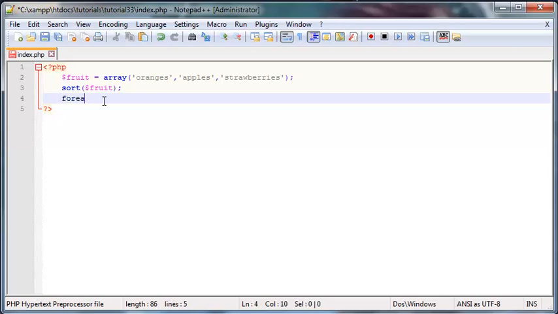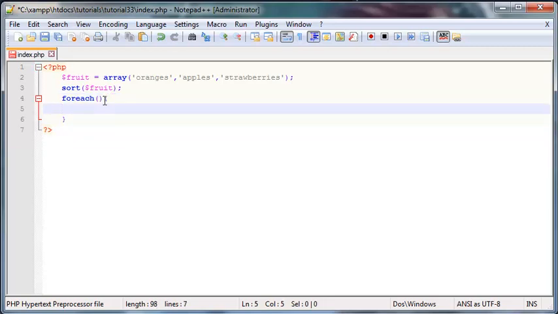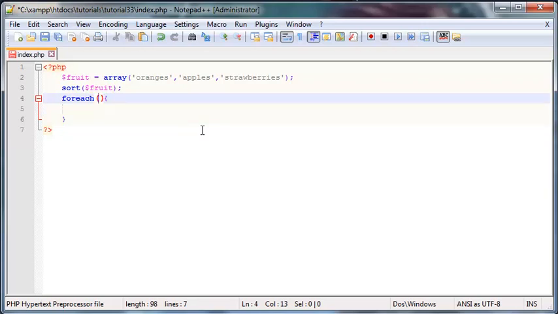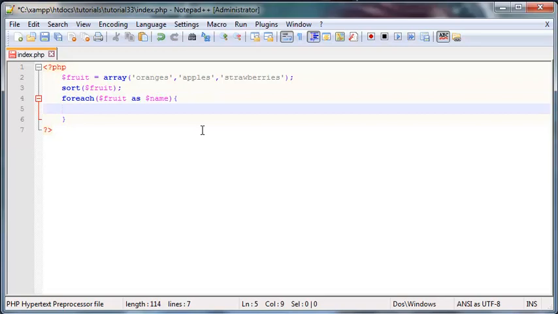So I'm going to use my foreach loop, and obviously we'll just set all that up for now. Okay, so foreach fruit as name, because we're going according to the name of the fruit. Then we'll just echo out the name, and we'll just append on a break tag as well, just so that everything appears on a new line. I suppose I could also use the new line argument, but hey. Okay, so now that we've saved all of this,